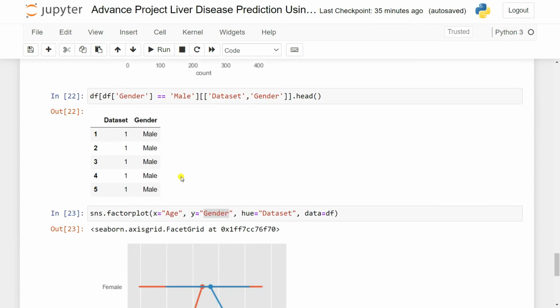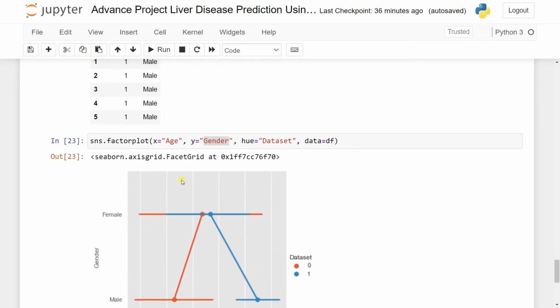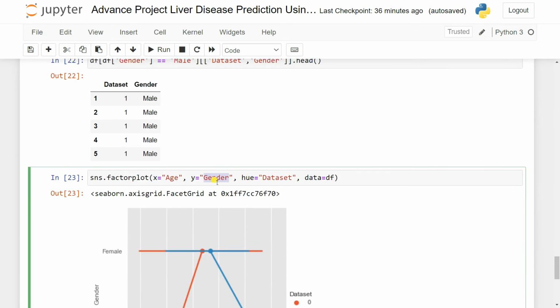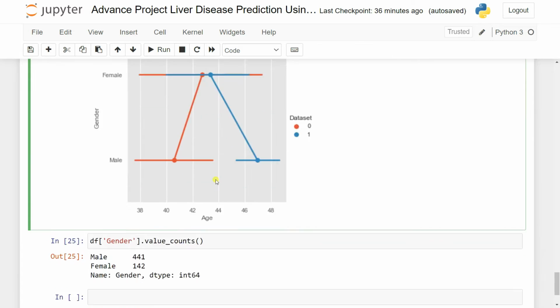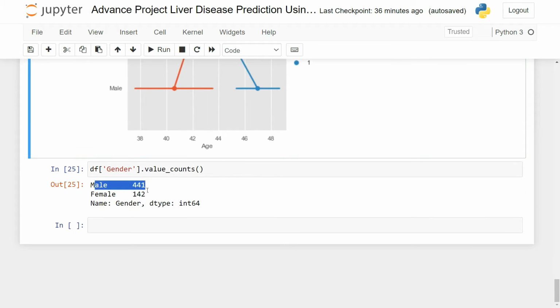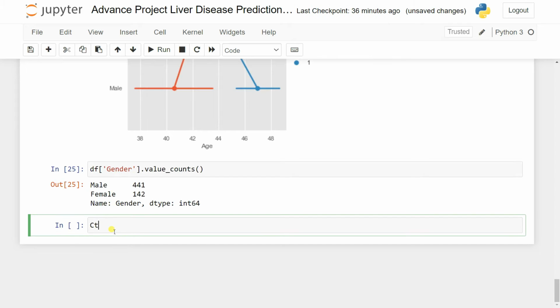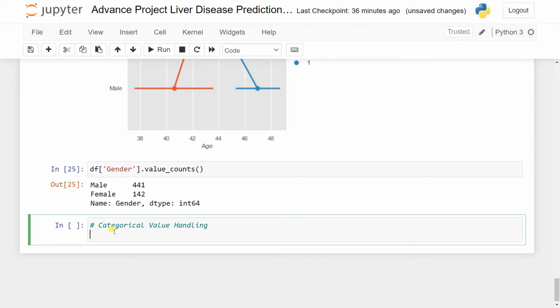Now you can also do the plotting, and you already did the plotting here. This is how it actually looks. Now let's also convert our gender column into 0 and 1, so we can see that male has the greater number of features. We can convert male to 0 and female to 1, because gender is also a categorical value and we need to handle it. Simple. So let's try to define convert